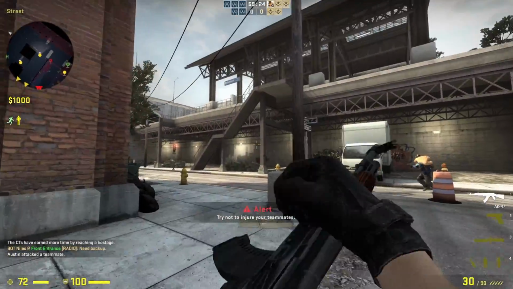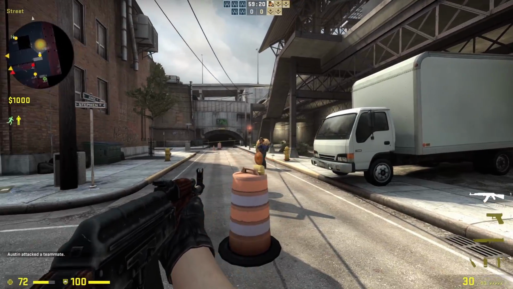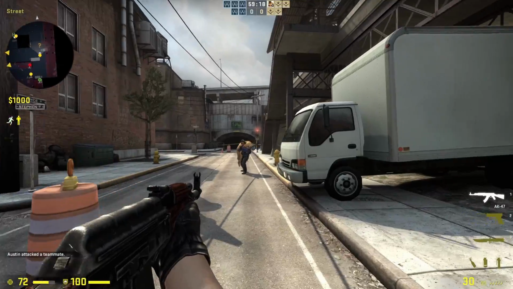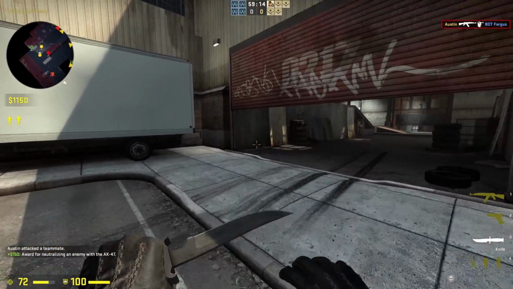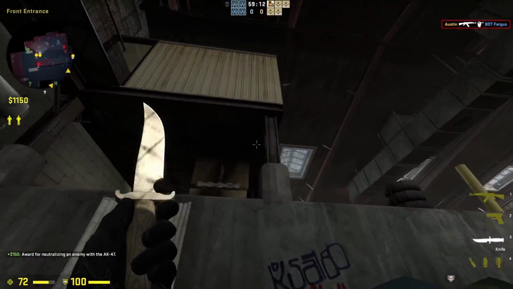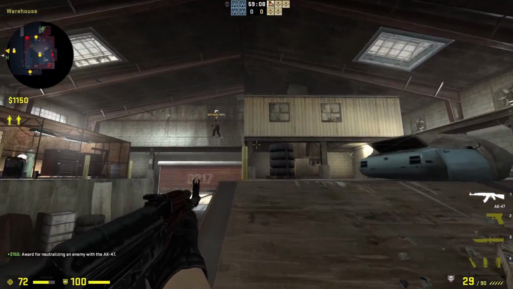So just, yeah, get accustomed to the corners and, oh, that's weird. Alright, I don't know why that guy was carrying a hostage. I thought this was a bomb defusal game mode map, but, oh well. So, once you think you've got yourself accustomed to the